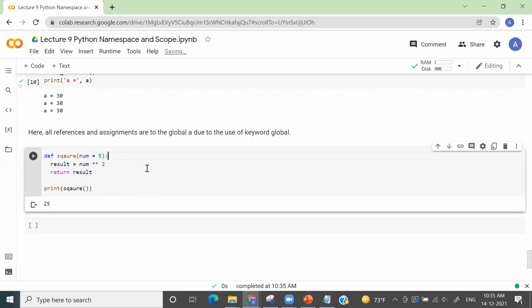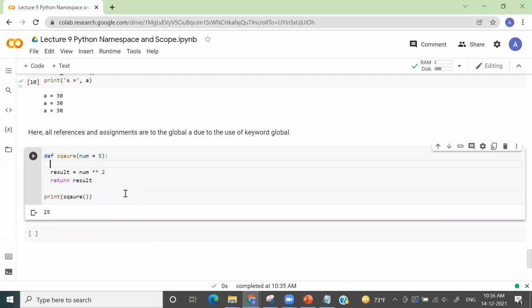Okay, so here, along with square, what we want is to add a certain number also to this. I want my function to square my input argument and add it with a certain constant. So we define some variable. Let's say we define a variable offset, and we store a value 10 in it.